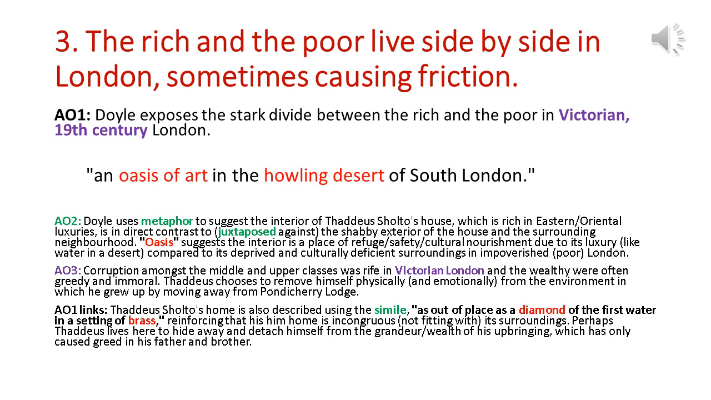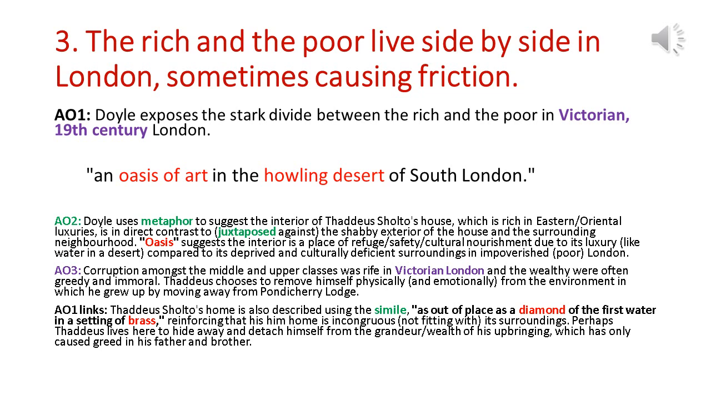So if you look at the metaphor used here, it's suggesting that the interior of Sholto's house, which is rich in all of these Eastern and Oriental luxuries, is in direct contrast to the shabby exterior of the house. So it's juxtaposed against the outside of the house. From the outside, the house looks really quite poor and it's in this questionable and forbidding neighbourhood. However, when you go inside, because of all the luxuries that Thaddeus Sholto owns and all of the expensive art,